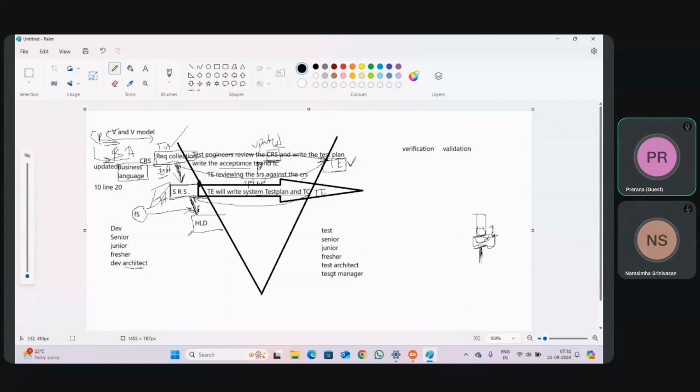I told you, parallelly my architect is converting SRS into HLD. All the work is going parallelly, no? Since it is line number 10, page number 10, no? This HLD conversion, they have already converted 20 pages. Let me take an example. They are doing the 20th page.